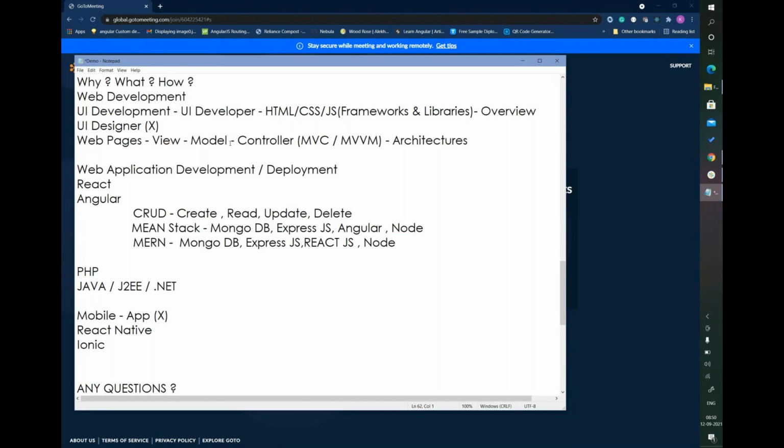But coming to the development, whatever the designer makes, like how he is visualizing that particular web application, you need to develop that with the use of all these technologies. So that is what the developer does. If you are learning and focusing on all those things, you will become a UI developer. So that is your career opportunity after learning this course.